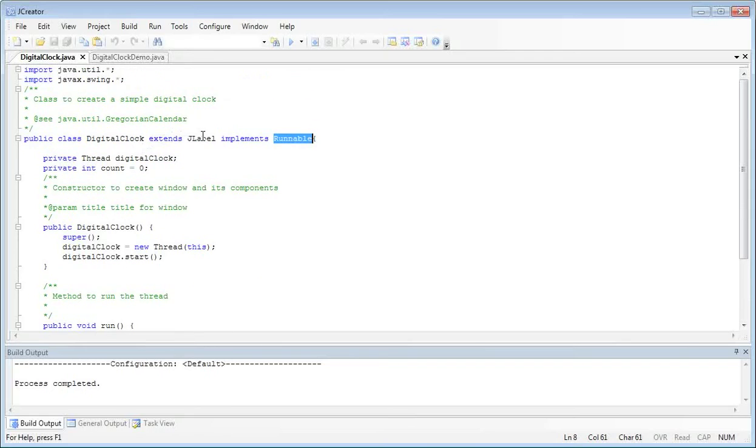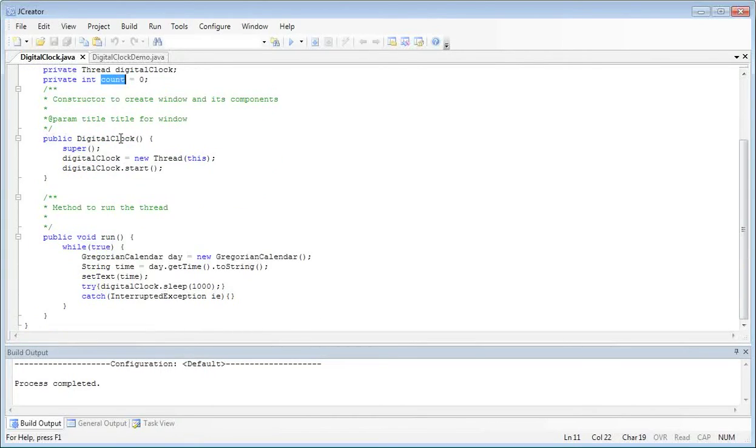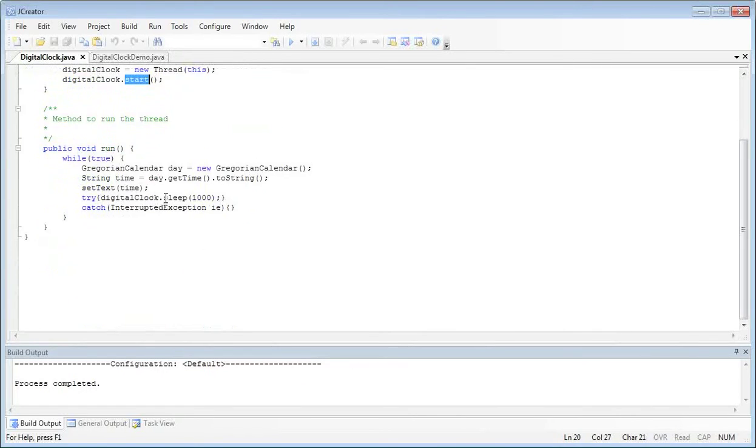So what we're doing is we're extending the JLabel class. We're creating a new thread called digital clock. We're creating a count called 0. In our constructor, we're calling super because we do want to let the standard JLabel setup happen in addition to the stuff that we're going to do. We're going to create that threading object and assign it to digital clock. We're going to call that threading object's start method, which is going to end up calling our run method,